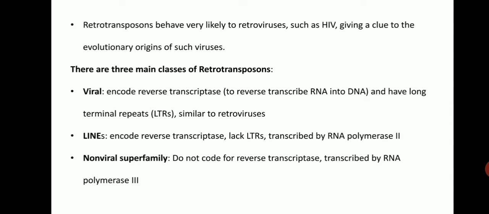Retrotransposons behave very much like retroviruses such as HIV, giving a clue to the evolutionary origin of such viruses. Also, retrotransposons are particularly abundant in plants, where they are often a principal component of nuclear DNA, and in maize, 49 to 78% of the genome